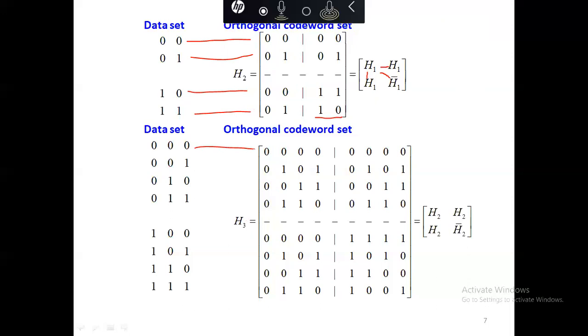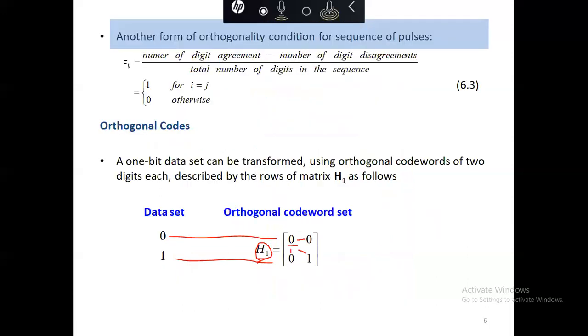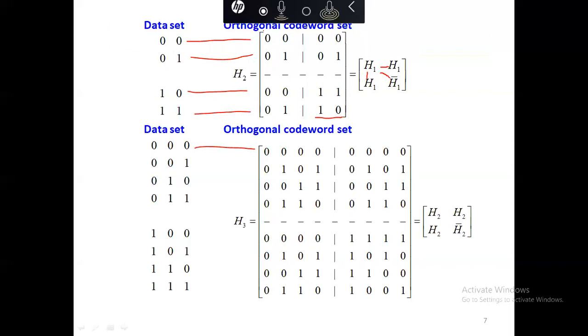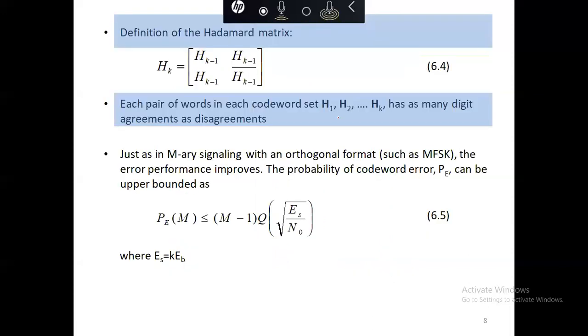You can check the orthogonality by using this formula of correlation coefficient. So this formula is used to check the orthogonality of the sequence. All these sequences are orthogonal to each other. So this is the way that we generate the Hadamard matrix